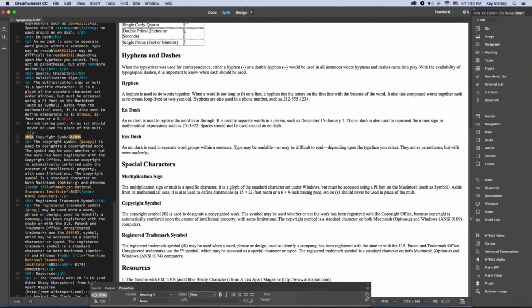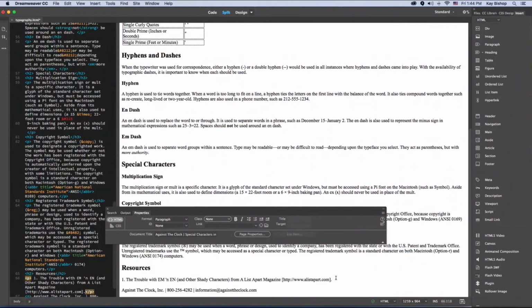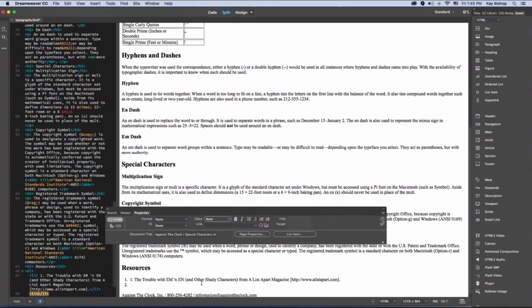So we're going to create an ordered list of web resources. If you scroll down and click on the end of your paragraph with the number 1 under resources, I'm going to click the ordered list icon in your properties panel, so the one with the numbers. And now you see it adds another number to the list item. Then if you hit return, it will add another list item with the number. We can delete that extra number on the first list item. And then in the second list item, we'll type in HTML, entities, and other resources